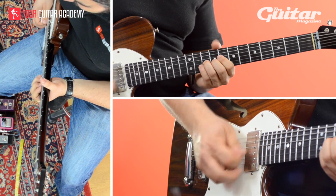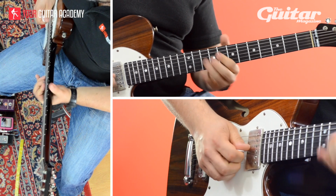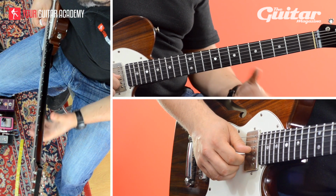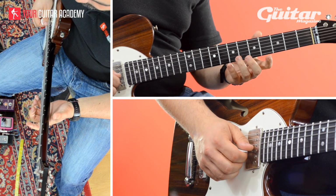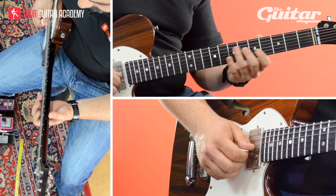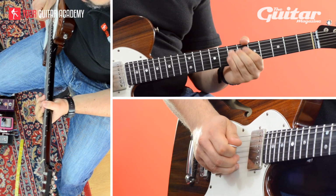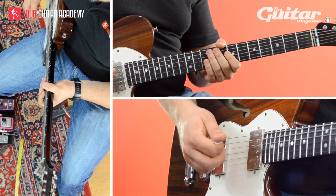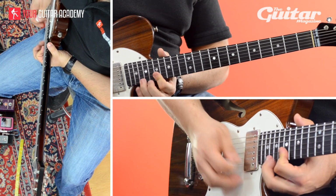So on that first bend, I'm sort of getting it on the 10th fret, but I might be getting it sort of halfway down that bend, just because it's such a huge bend, and I've got to quickly get down to around the 5th fret. You might catch that note halfway down the bend. And I think that's really what you're hearing on the record. And then the last one is,